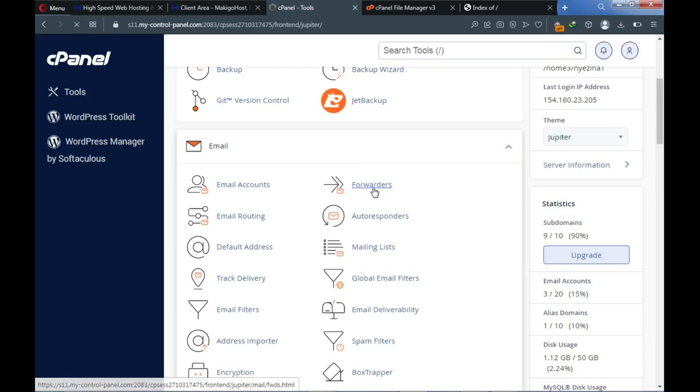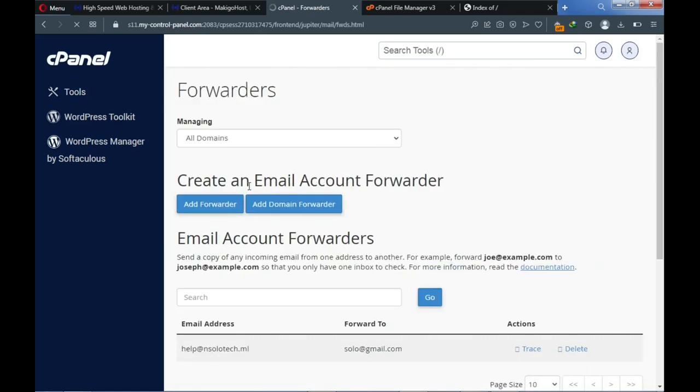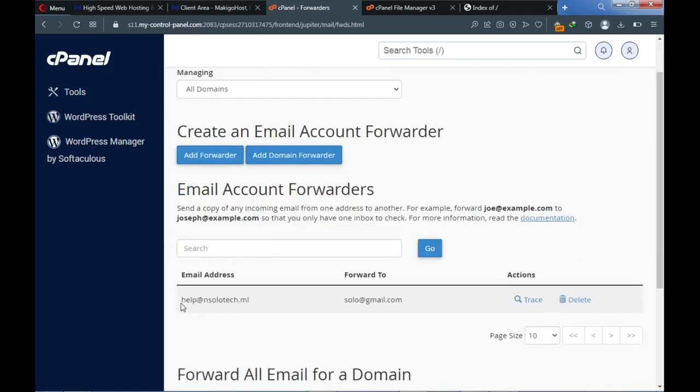So when you click on forwarders, any email message that is sent to this email, help@ensolotech, your business email, will be forwarded to your Gmail. You can do that here. So you click on top, add forwarder,